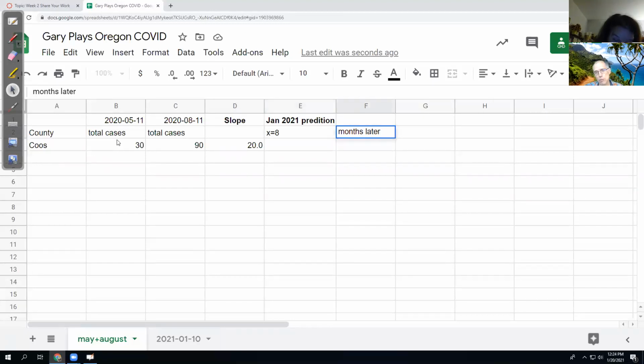And a lot of times in the spreadsheet, I put notes to myself to make it more readable when I look back at it. So x equals 8 months later. And then the calculation down here is just to go equals, and it was my slope 20 times, I have to actually type the 8, and then I can add on the 30 that's already here on the spreadsheet. And if I hit enter, that should confirm the calculation I tried to do on paper, and there's the 190